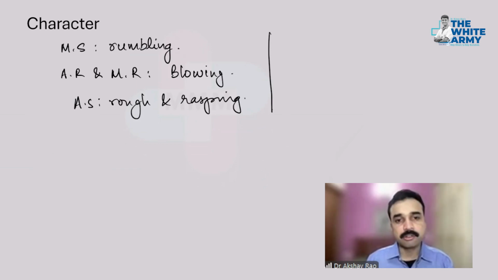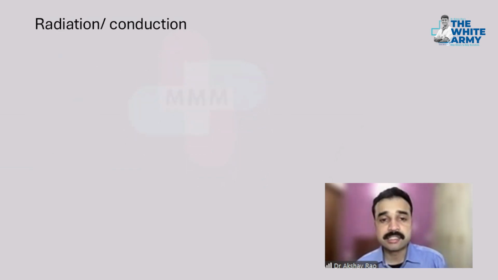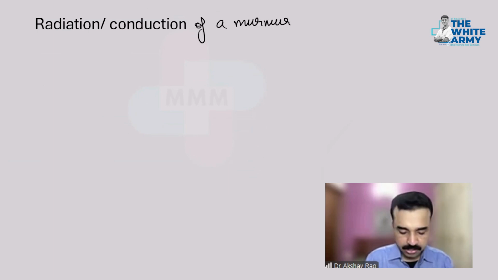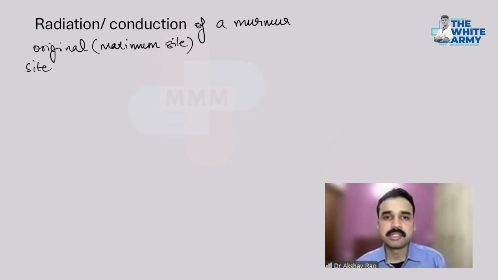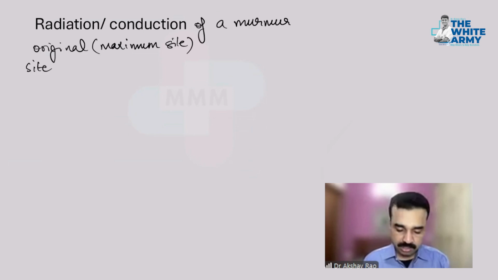So these are the different characters that one can encounter on cardiac auscultation for murmurs based on character. What about SCR? R is radiation or conduction. What is the difference between these two terms with regards to murmur? If a murmur is heard at maximum intensity at a particular site, this is the original site. So for example, aortic stenosis, if it is best heard in the right second intercostal space, right second parasternal space, and from that site, it is heard at a different site,